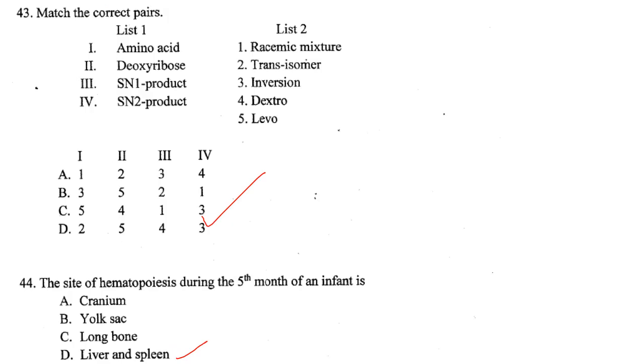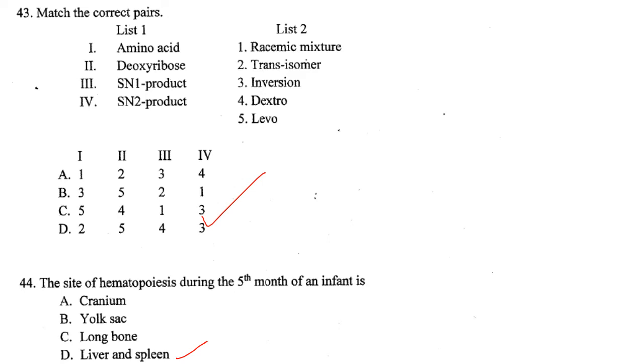Then match the correct pairs. Amino acid, it is levo. 1 is 5. It is in a natural form, it is the L amino acid that is present. Then a deoxyribose, it is dextro. So 2, 4. Then SN1 product, it is racemic mixture, and SN2 product, it is inversion. So the answer here is option C, that is 5, 1, 4, 2, 4, 2, 1, 5, 2, 4, 3,